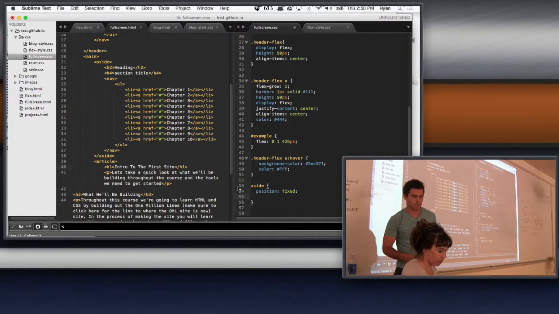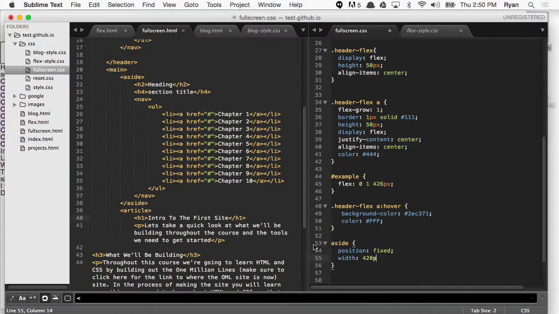That way we can tell where everything's at. 426 pixels. And then,